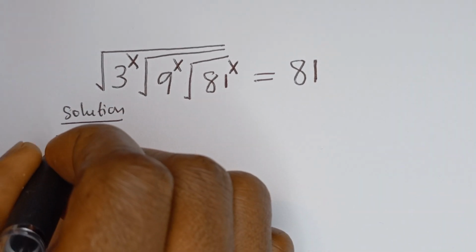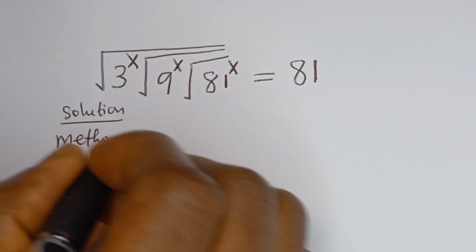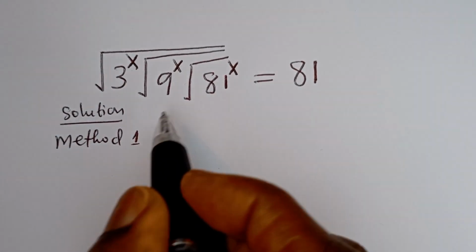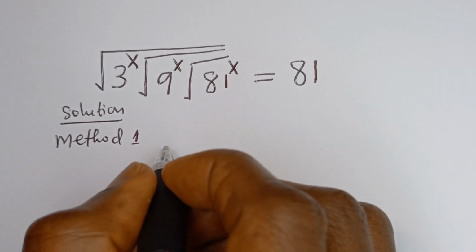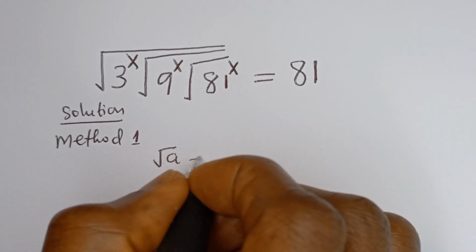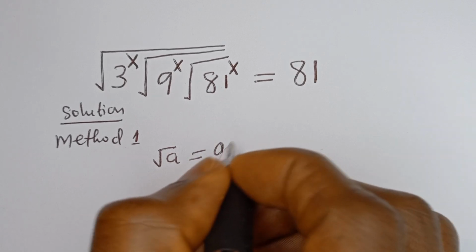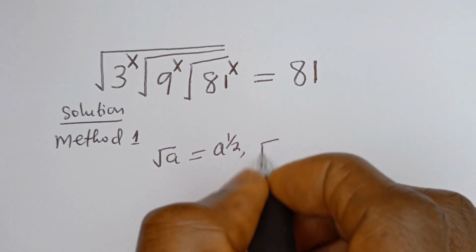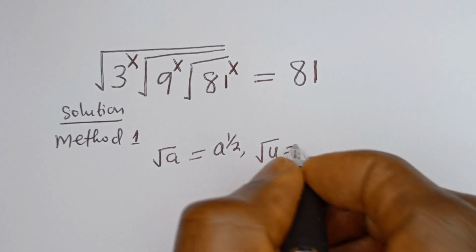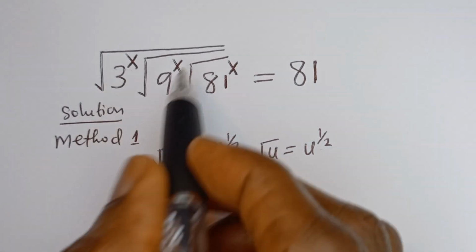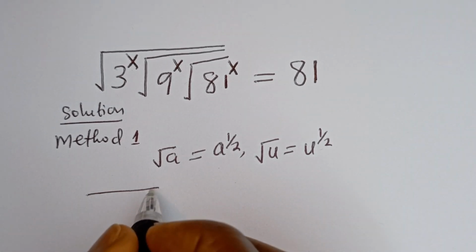Then we have method 1. Now take note of this, that if you have square root of a, this is equal to a to the power of 1 over 2, and if you have square root of u, this is equal to u to the power of 1 over 2. Then this can be written as square root of